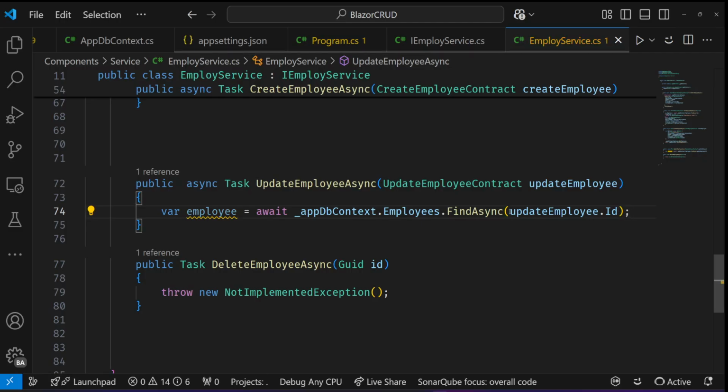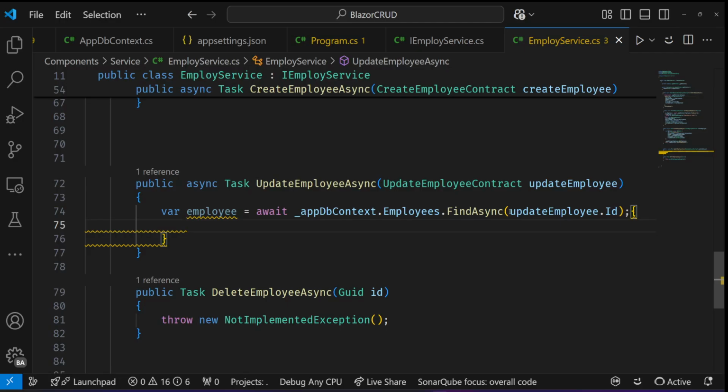Okay, good. So find the ID that is coming in. Because we are going to use Blazor, we are not going to do it like ASP.NET Core where you enter the ID. And then if the employee coming in is null, if it's equal to null like that,